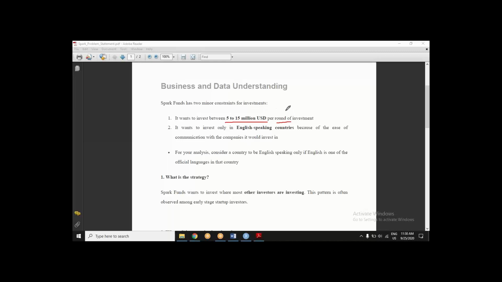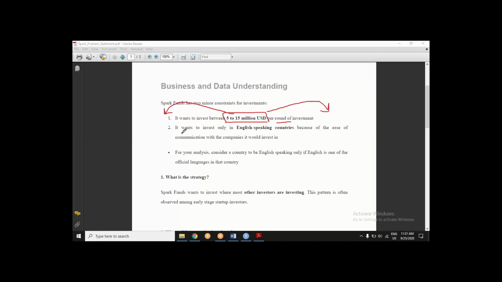Why not more than that? Well, a very practical constraint. Maybe they cannot afford it. Yes or no? They cannot afford it beyond a budget. Why not less than that? Well, maybe it will not be fruitful if we don't invest a certain amount. Yes or no? Investing 100 rupees in Facebook, investing 500 rupees or 1000 rupees in a stake of HDFC, it is useless, worthless, doesn't matter. So that is one very practical constraint.